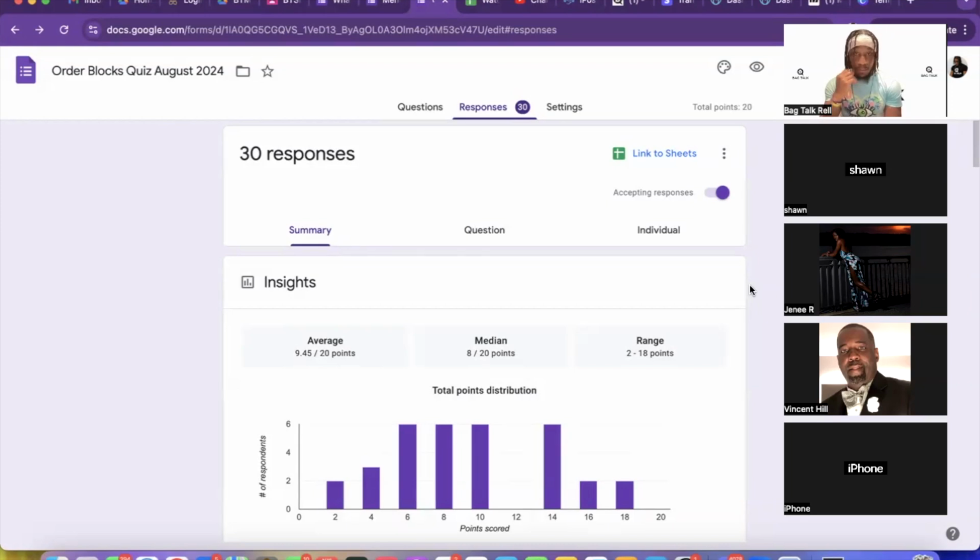So here, these were the results of the free community. These are people who haven't heard me really teach about order blocks yet, and you can see that the results weren't really looking too hot, right? Below 50% was the average score. You can see that it's heavily favored to the left side of the chart. Obviously a 20 is a perfect score. Nobody got a perfect score out of the free community, but there were a couple people that got 18, so